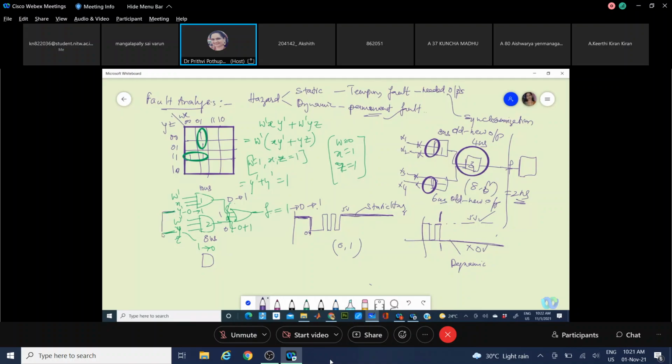See, y dash is the one which is generating the static hazard, this combination which is existing in these two terms. Now what we can do is try to introduce one more gate, which is making it free from that y variable. That means making it free from the variable which is deriving this faulty response.